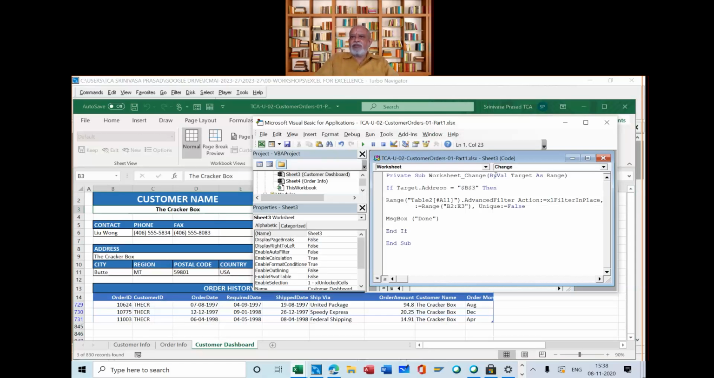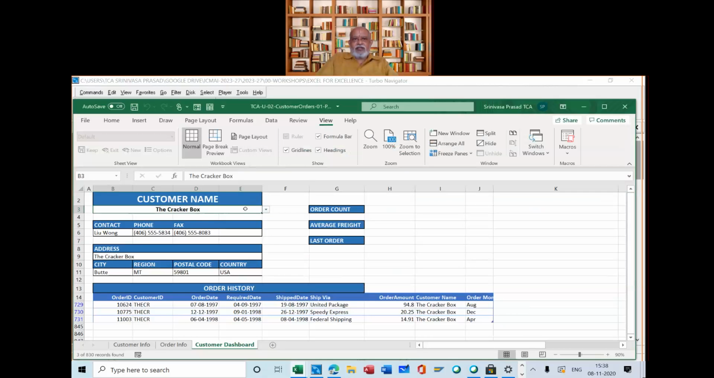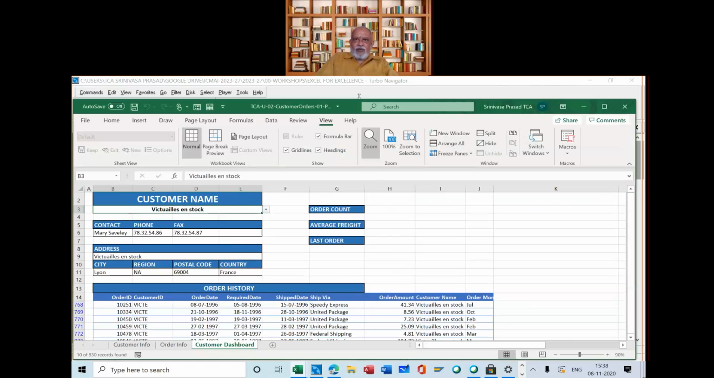Is that clear to all of you? The simple English is: if there is a change in the worksheet, by value target, wherever the cell is that is changing, if this target address is $B$3, then you run it. Otherwise, simply close and don't do anything. Now what we will do, we will make this message box a comment. Now the message will not come. I change something else, I will not have the message. Is that clear? Now, what we will do